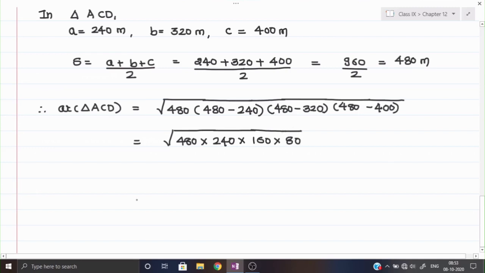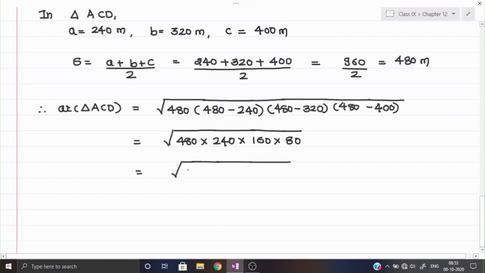Okay, now 480 I can write down in this way also. See, I am trying to make the pairs. Wherever the pair is complete, we can take the number outside. It doesn't matter, the pair should be containing only prime numbers. Okay, that we were doing in class 8 for finding the square root. Here our intention is to form the pair completely.